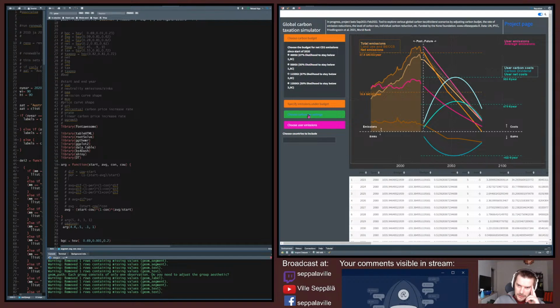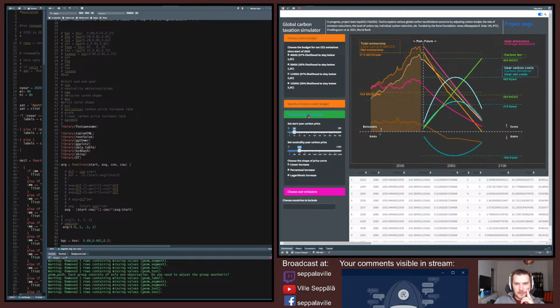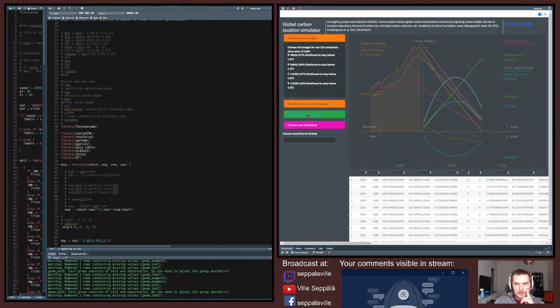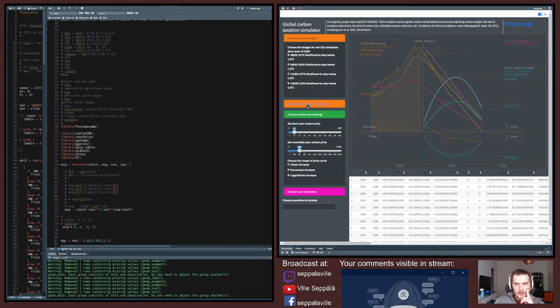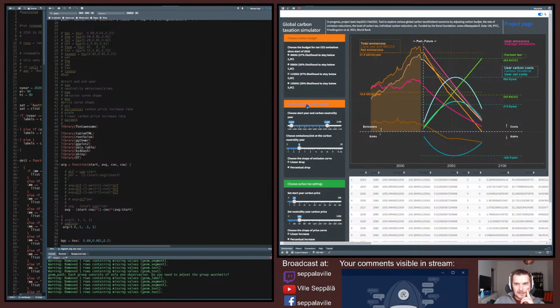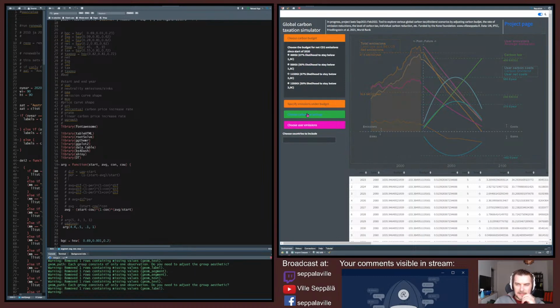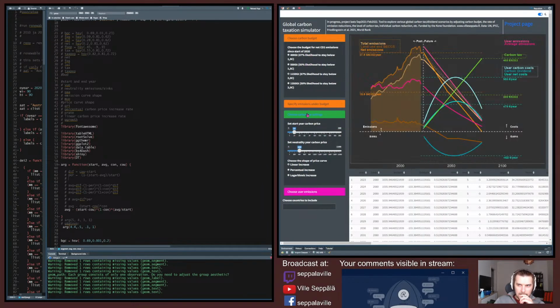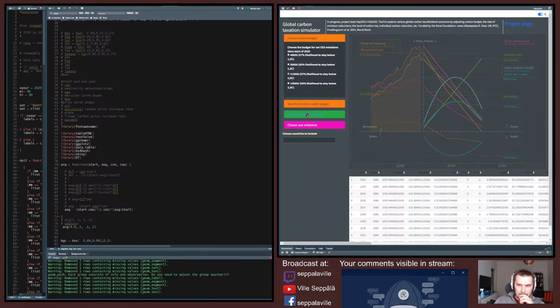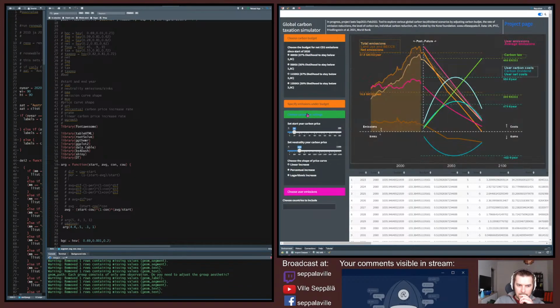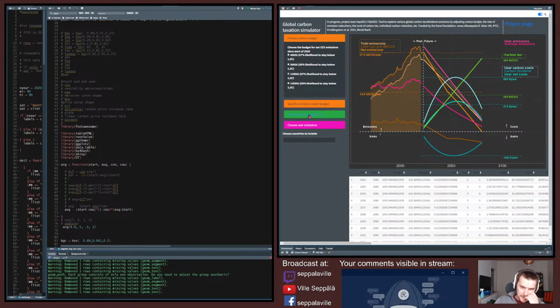Okay, this makes the graph also a little bit slower now, because the graph is being drawn every time the user decides to have more stuff open. So I think that's a little bit annoying. That's gonna be annoying for some people. That's even more reason to figure out how to